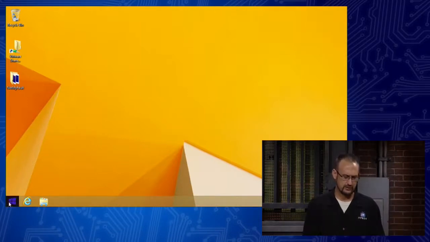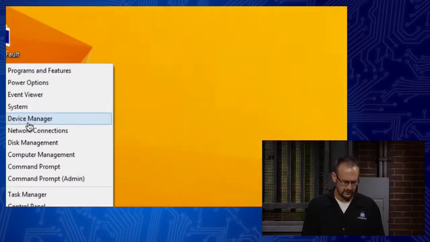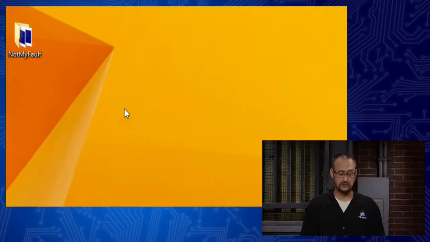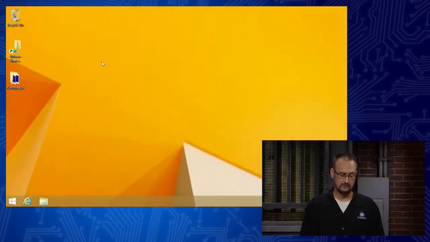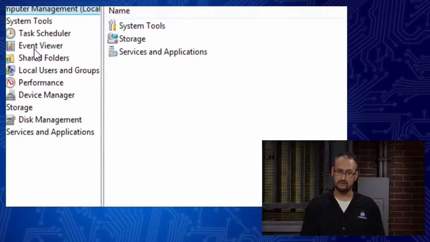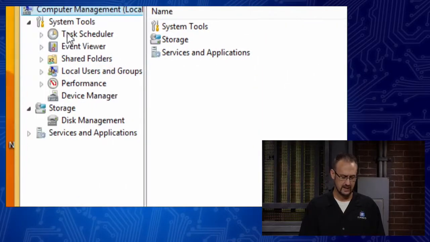If I right-click on the Windows charm here, you'll notice that third down from the top we have Event Viewer. I also want you guys and gals out there to keep in mind that this is in Computer Management. So if I launch Computer Management, we have Event Viewer in the list here too. So a couple of different ways that you can find it. A lot of times I like using Computer Management because it's like your convenience store for different system utilities. It's a one-stop shop and you get everything bundled in.